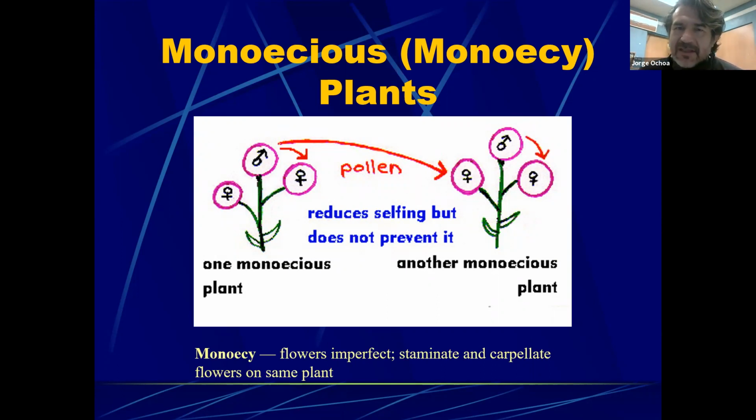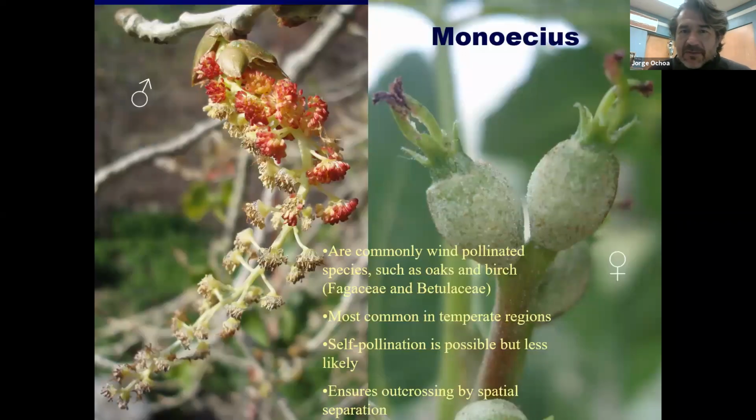Now, the other one, dioecious, meaning you have male and female plants. But these are the same plant that will have either a male or a female flowers, but they're still on the same plant, maybe in different nodes, maybe in different areas, maybe on different times of the year. So they will have male and female flowers. And the example here is going to be our walnuts.